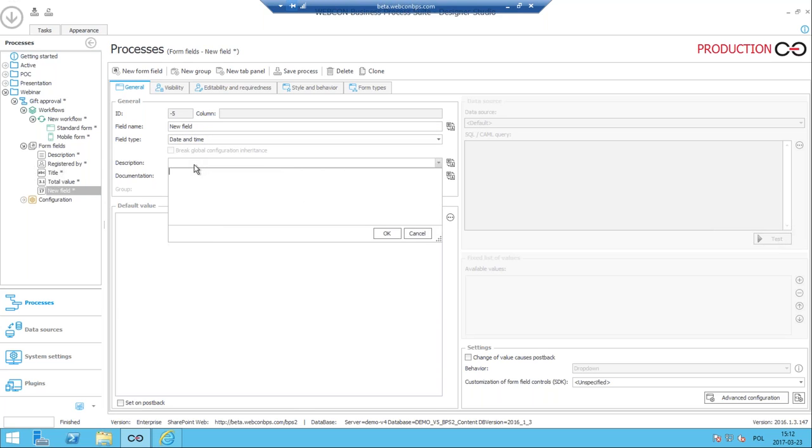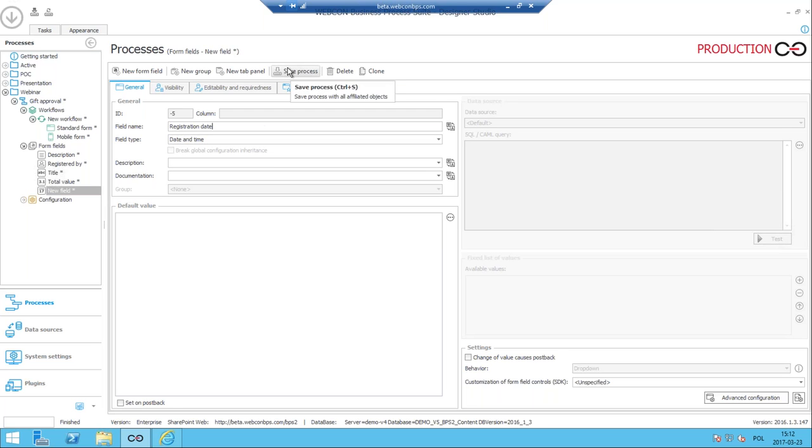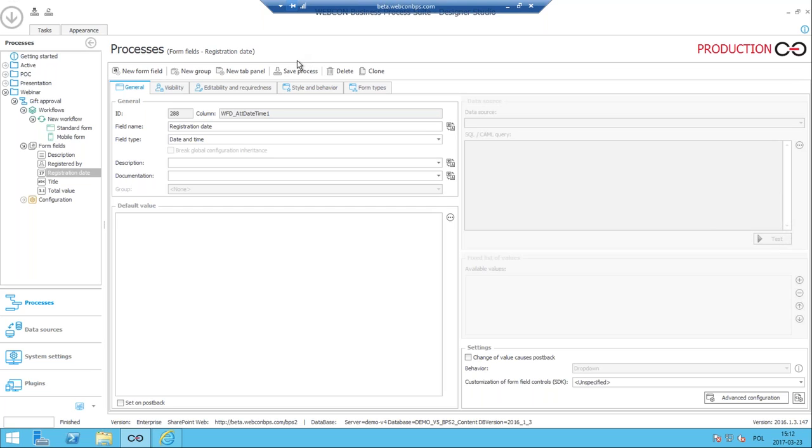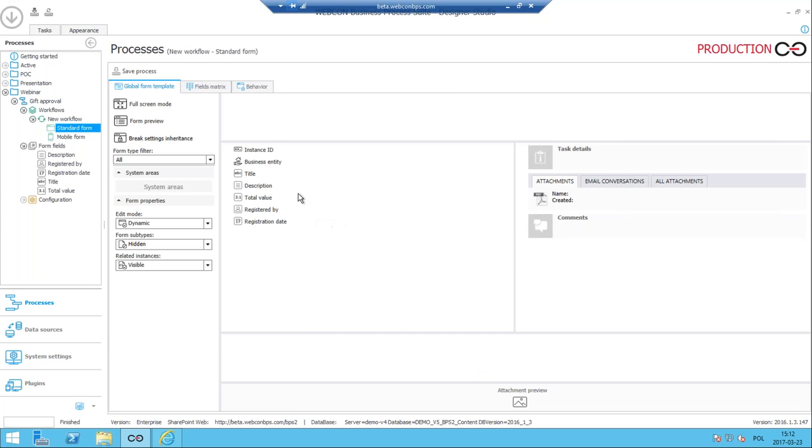This will bring up a little calendar which will allow you to pick the date, and we'll call this registration date. All right, save this process for now. And now that we have defined the form fields, we have to define their behavior on various steps of the workflow. We do this in the standard form designer. I'll talk about this designer a little bit later, but for now, for the demonstration, let's go over to the